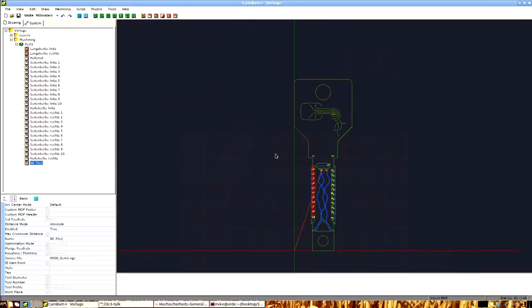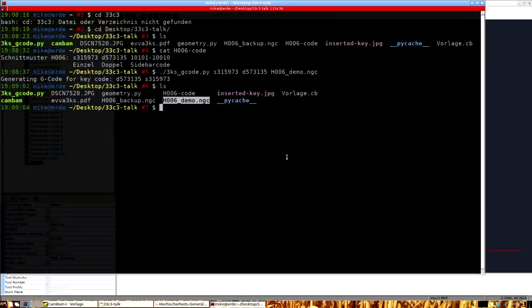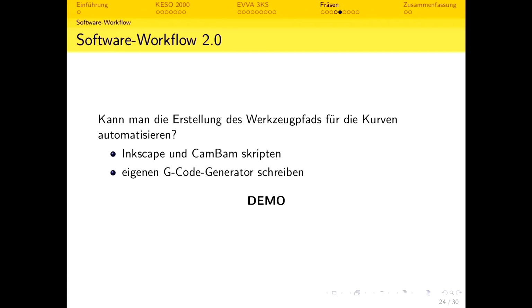And that saves me the trouble of having to export and import that through every program in the toolchain. Now moving on, if I were to type in another code, that would work just as well. So if you need a key,